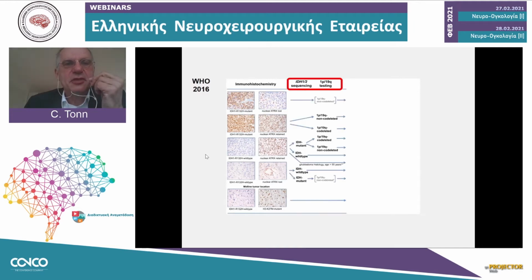But then two new kits turned up around the block. One is the mutation of the IDH1 or IDH2 gene, and the other is the co-deletion of chromosomal material on 1p and 19q. And both of them had been shown to be real prognosticators,